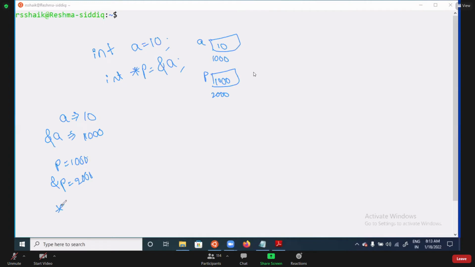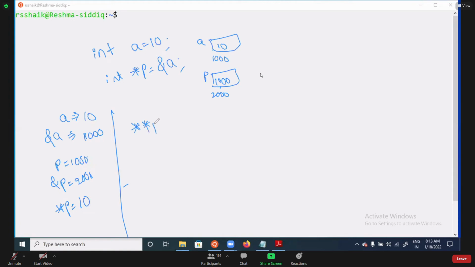Can you tell me *P? P is pointing to 1000. Star means 10. Some students gave 1000. That is wrong. P is pointing to 1000. Star means dereferencing, so 10.